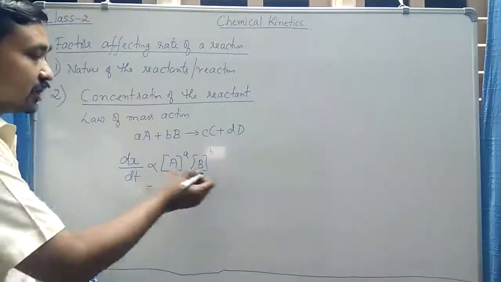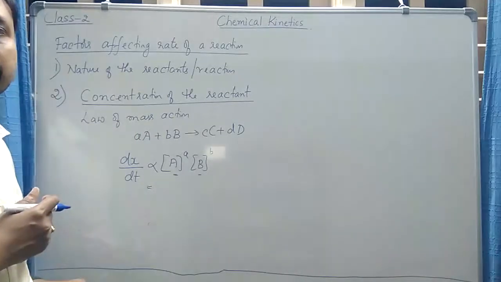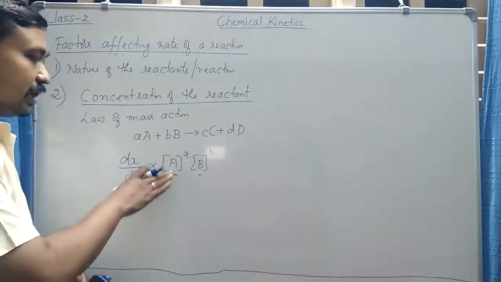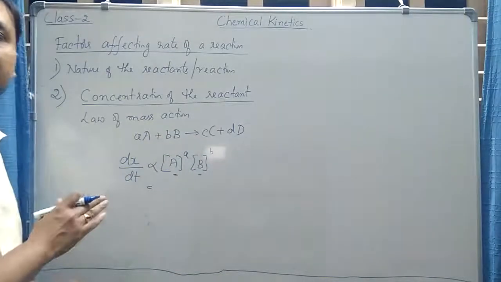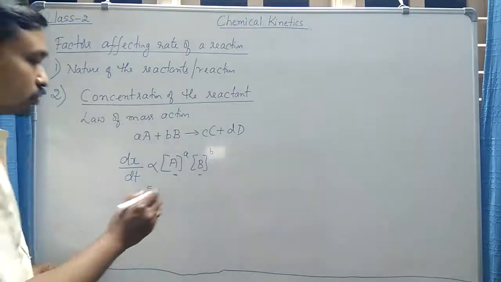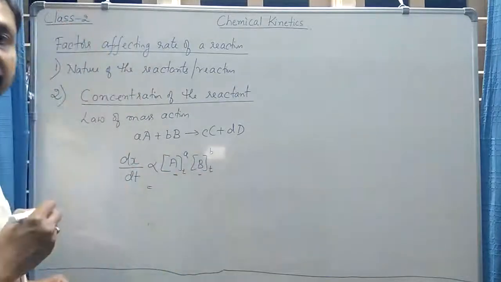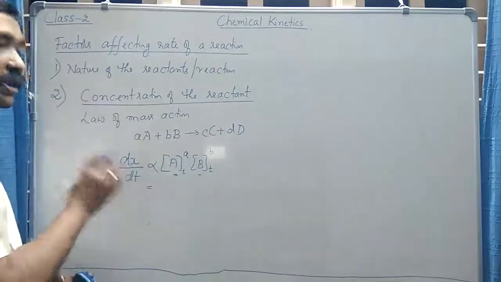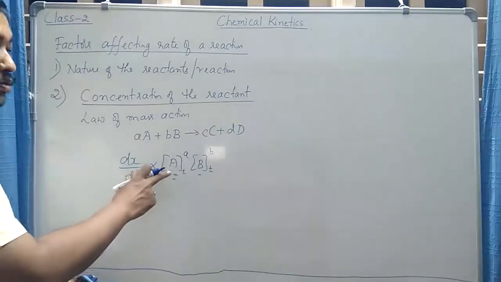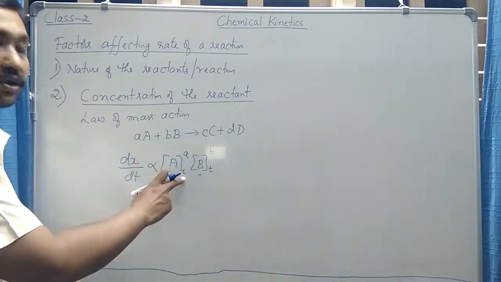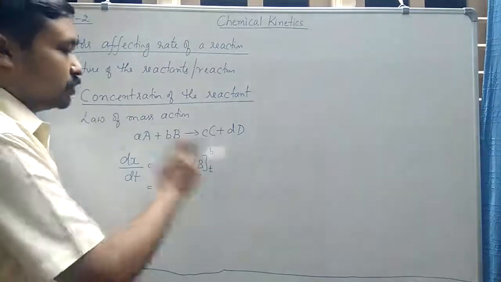So when I am saying concentration of A and concentration of B here, at what time do I have to measure the concentration? One thing. Second thing, as the concentration decreases with respect to time, what happens to the rate? The rate of the reaction also decreases with respect to time. So whenever we are saying rate of a reaction, we have to say rate of a reaction at a particular time. So the rate of a reaction at a particular time t is directly proportional to the concentration of A at time t to the power a into the concentration of B at time t to the power b.